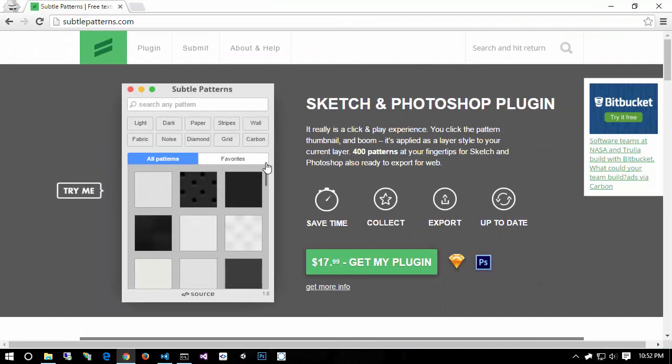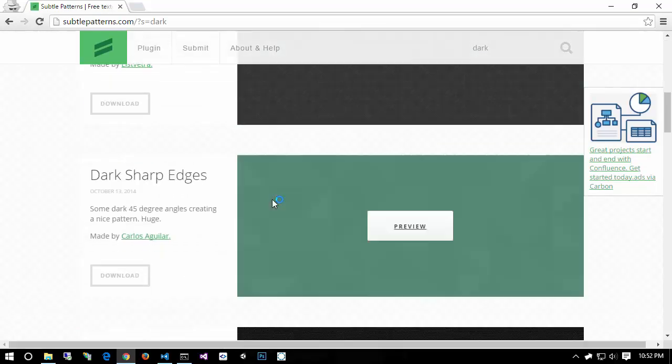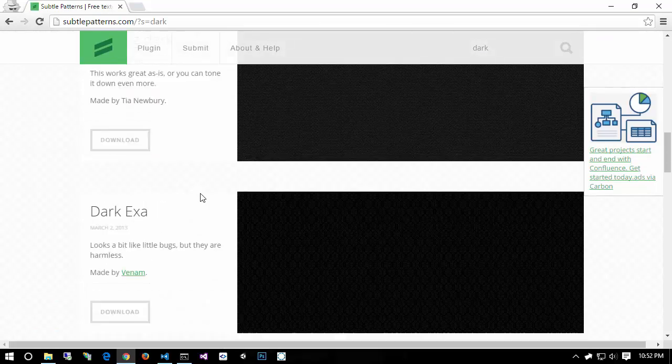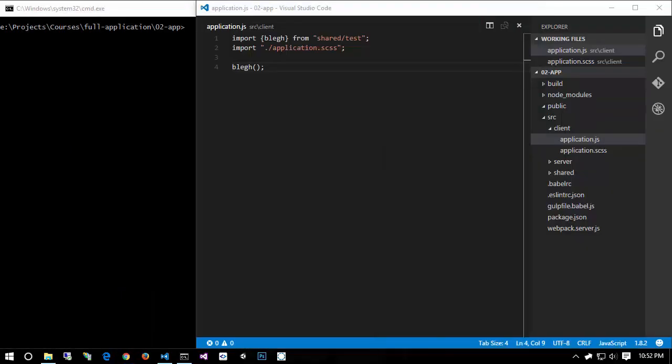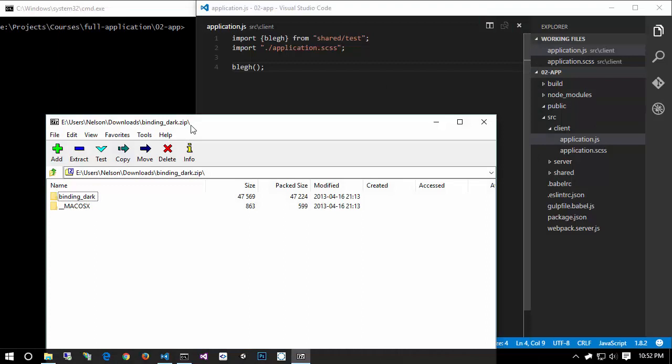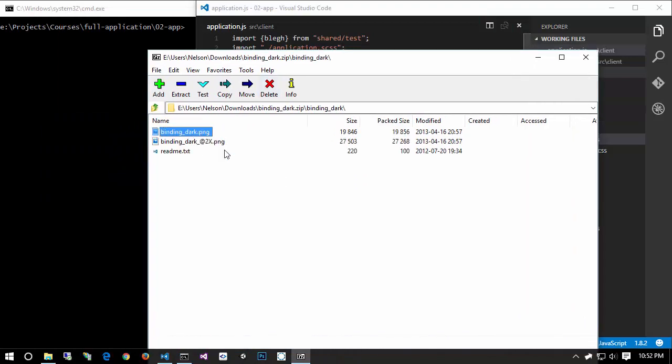Subtlepatterns.com. You can use all of these patterns as long as you credit them. I'm just going to search for dark. Which one do I like? Binding dark looks cool, so I'll download it. So I have binding dark. I'm going to open up the folder, and I'm going to open that up in 7-zip, go to binding dark,